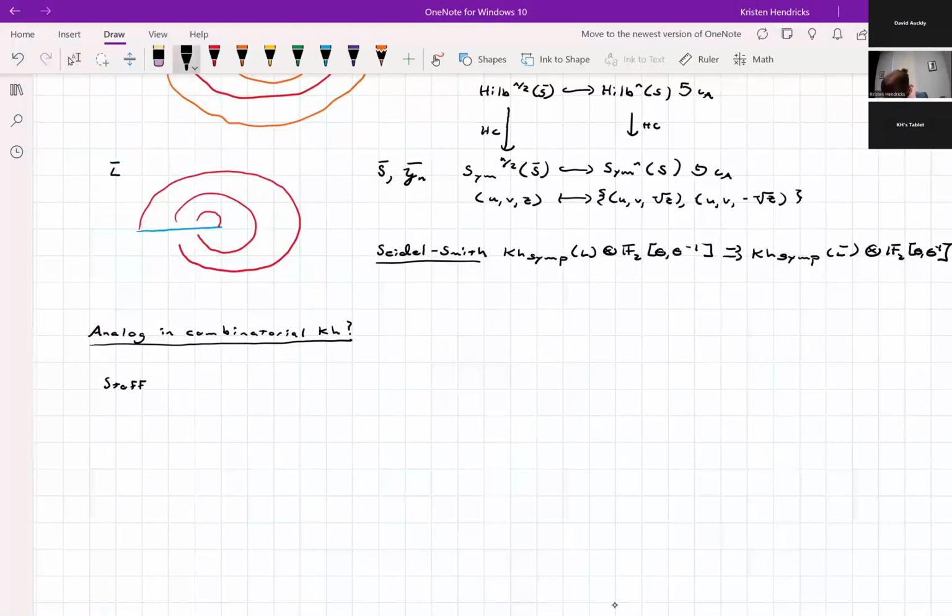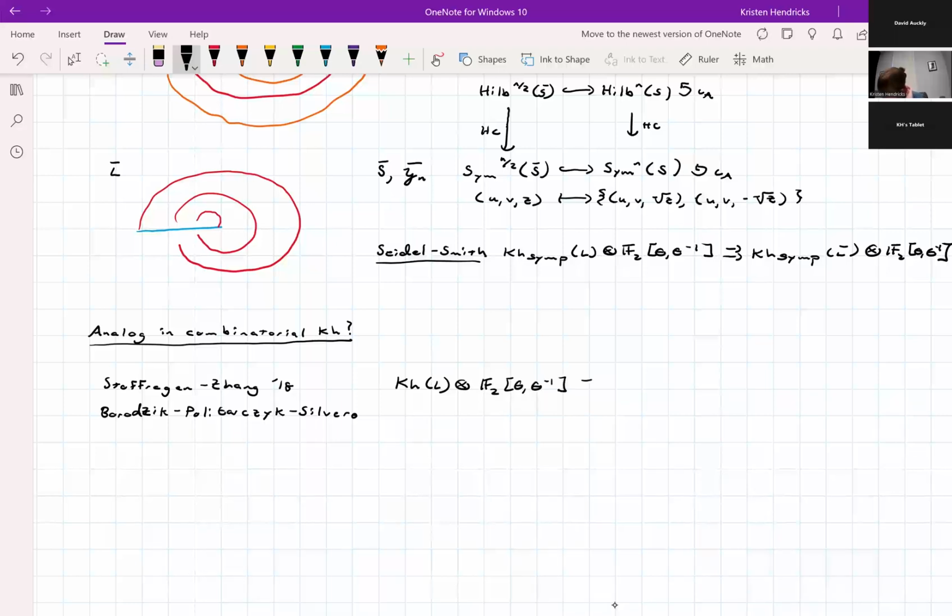In 2018, Matt Stoffregen and Melissa Zhang, and this was also shortly afterward recovered by Borodzik, Politarczyk, and Silvero, using sort of analogous methods, is that there is a spectral sequence from the Khovanov homology of the two-periodic link, tensor the standard thing that we always expect for this kind of spectral sequence, to something called the annular Khovanov homology of the quotient